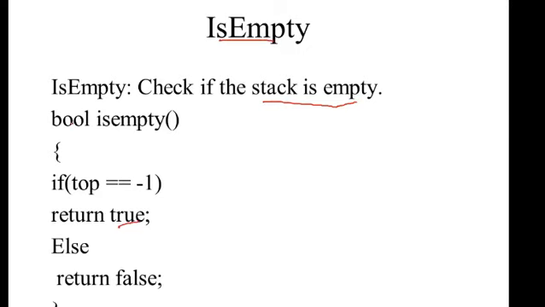Okay, so here is the condition. Again we have used the boolean return type for this function, and the name of the function is empty. It checks if top is pointing to minus 1. I have already discussed this condition. When there is no element in the stack, the top will point to the minus 1 index, that is previous to 0. Whenever stack is empty, you can perform insertion, but you cannot perform deletion from this stack.